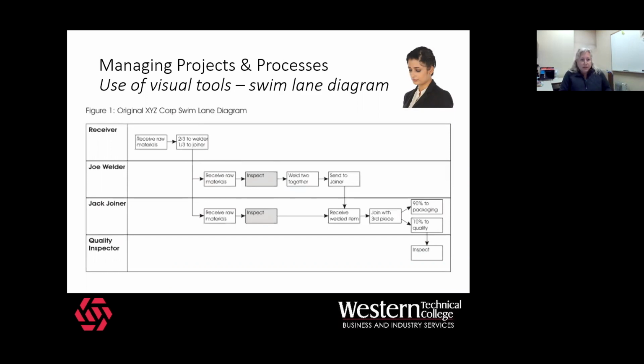Another tool in the managing projects and processes class is a swim lane diagram. This is a little bit small, but I think you should be able to get the idea. So often the tasks that go here are a department or a role or an individual. And sometimes a timeline is overlaid on the x-axis across the top, but it gives you actionable steps and gives you a good idea of what can happen in parallel or in series. So in this particular slide, you see that in the Joe Welder,